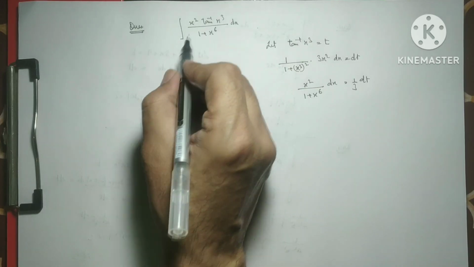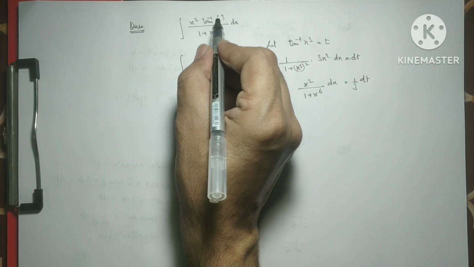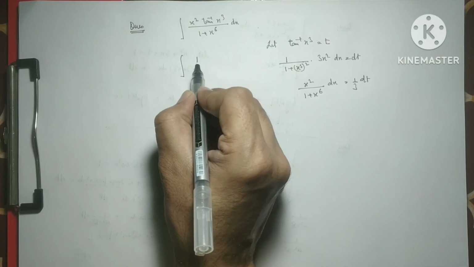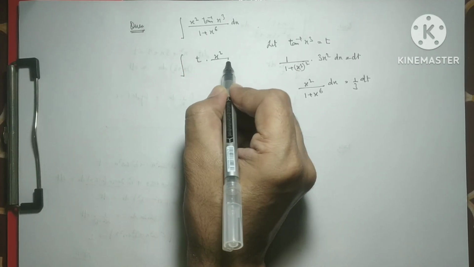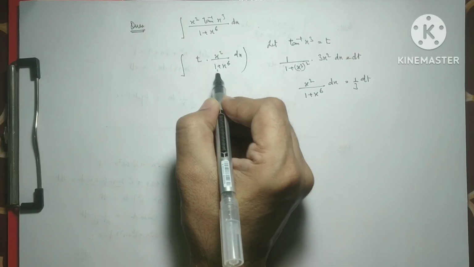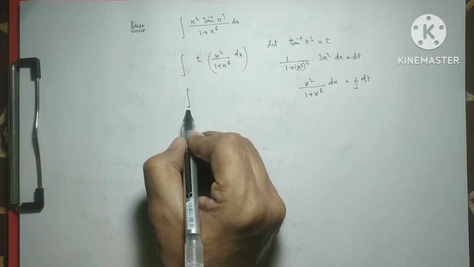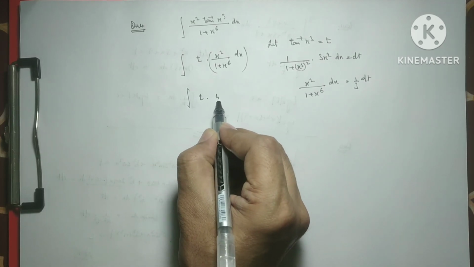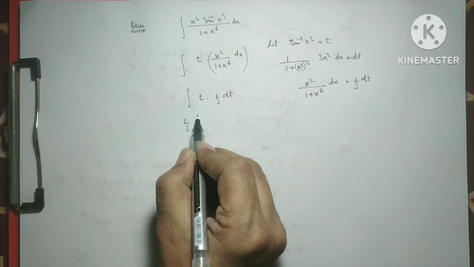Now this function after substitution you consider as t, so it is t, and the value of x square over 1 plus x to the power 6 dx we substitute from there, it is 1 over 3 dt, so it becomes t into 1 over 3 dt. So it is 1 over 3 t dt,